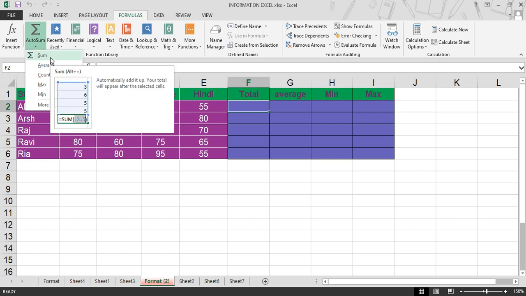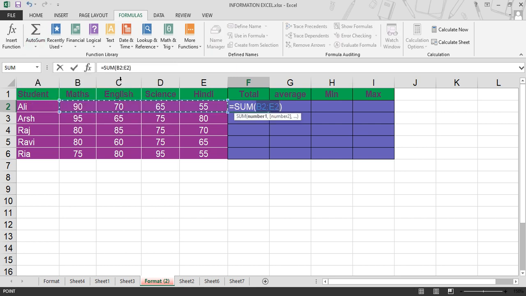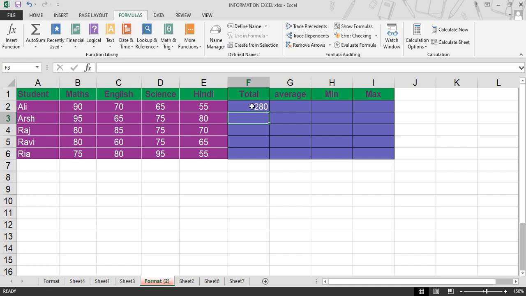Under that, choose the sum function to get the sum. As you select this sum, it will automatically detect the values from B2 cell to E2 cell, all the cells from the math, English, science and Hindi subjects in this sum function. So here we will get the result.